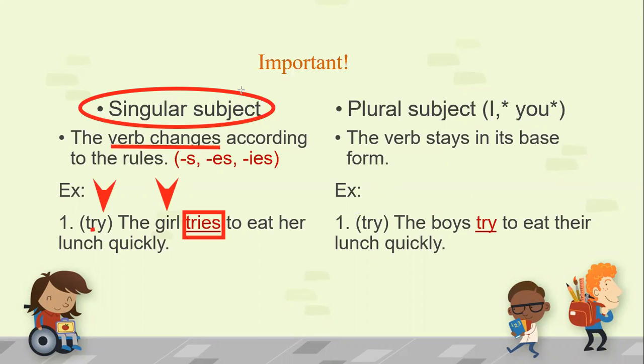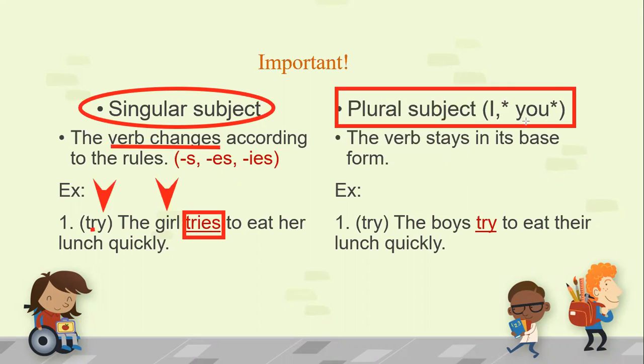Now let's go to plural subjects. What happens, Ms. Villamosa, if the subject is plural? Okay. If the subject is plural, the verb stays in its base form. It's going to stay in its base form. So here we go. Now we're working with plural subjects. And we have two exceptions to this rule. We have I and we have you, right? I,